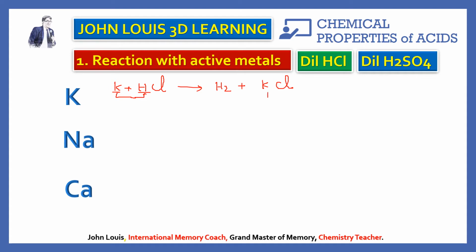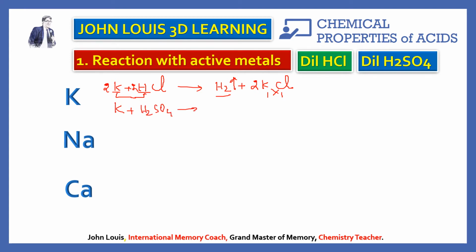Potassium valency 1, chloride valency is also 1. Therefore the formula is KCl. If you balance this one, you will get 2 hydrogens. Therefore you get H2, and since 2 chlorine, here you will get 2 KCl. Only then chlorine becomes 2, and now the potassium becomes 2 this side, therefore we get 2K here. Okay, you got it. So this reaction takes place explosively or very vigorously. Potassium reacts with hydrochloric acid, releases hydrogen gas very vigorously.